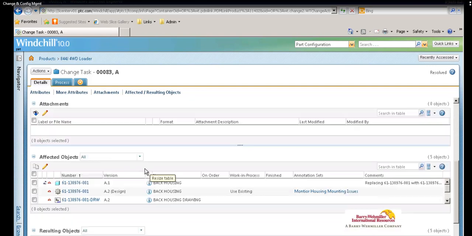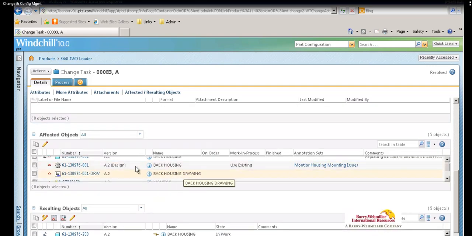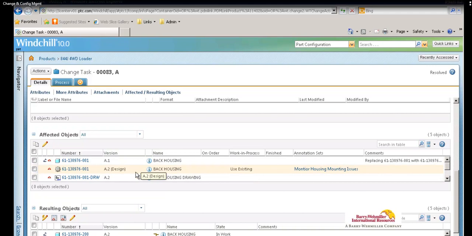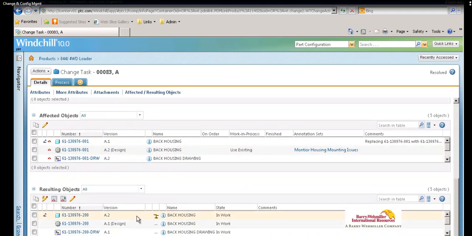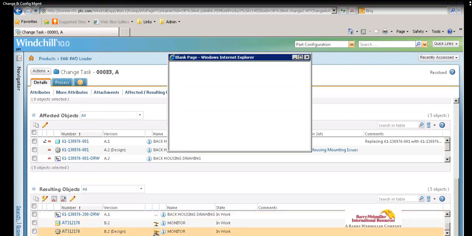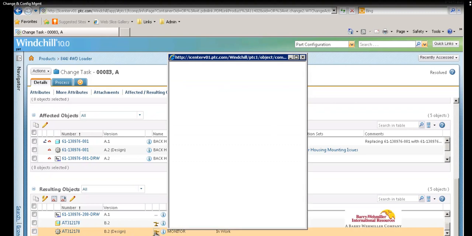So the affected objects are the back housing, the drawing of it, and also the monitor assembly. The back housing drawing and the back housing models are being added as affected, and the resulting objects. Now, if you could clearly see here, the version has changed from A2 to B2, and we're now quickly going